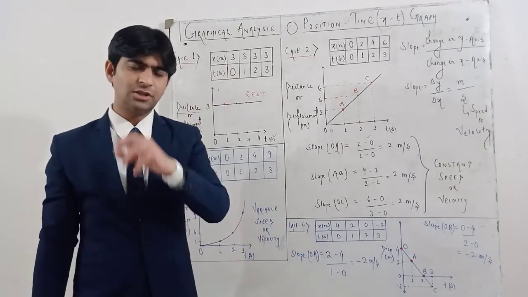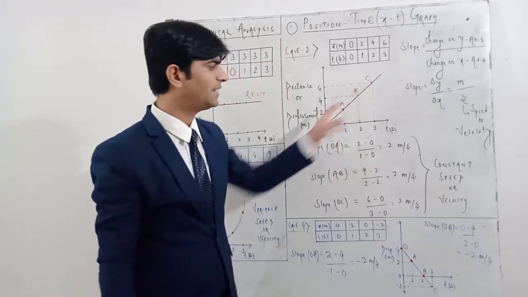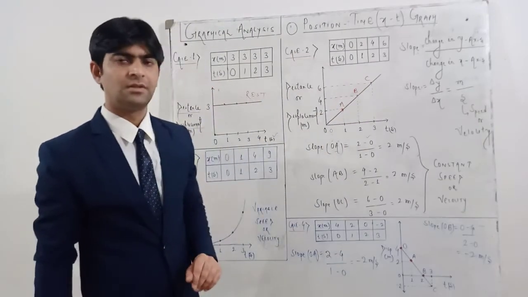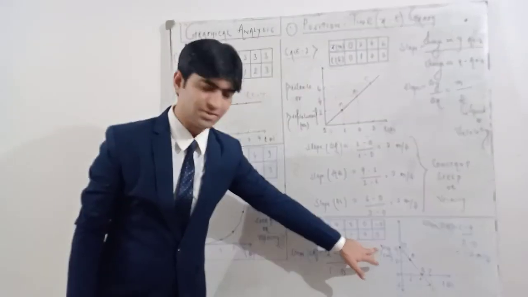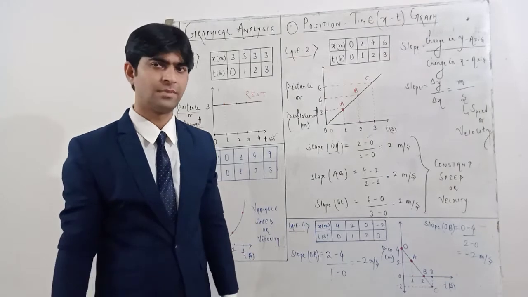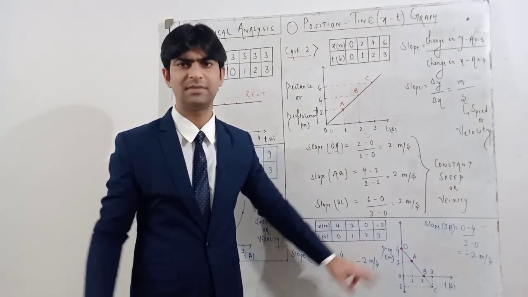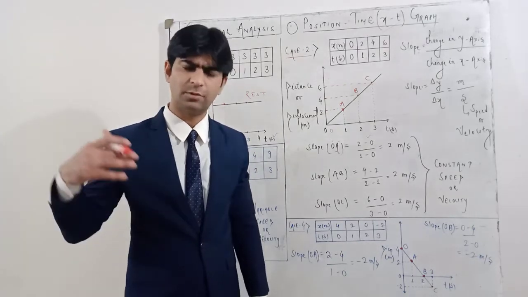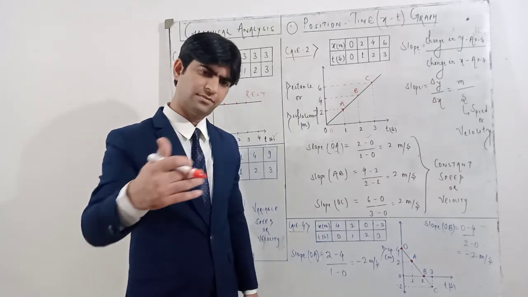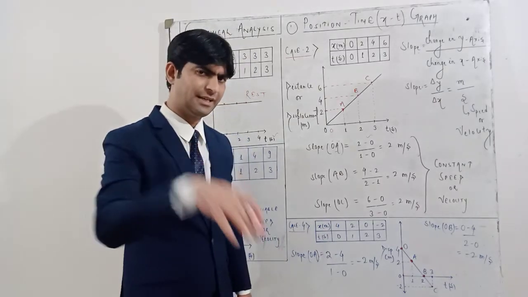Now if you calculate the slope of a decreasing graph, this is also a straight line. If it is a straight line, we have seen that the value must be constant. But I have not written here distance, because distance cannot decrease. So here I have not written distance, I have written only displacement. But if it is a unidirectional motion, if a body is moving only in a straight line, and if the speed is decreasing or the body is moving slowly, so you may get the decreasing slope.